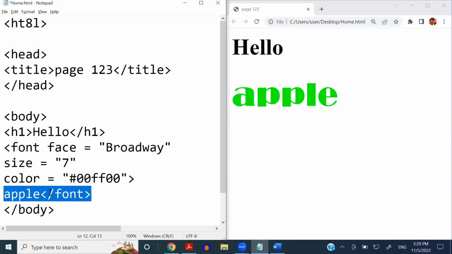People, are we clear about the font tag and these three attributes, font face, size, and color? Is it clear? Yes, everyone, is that clear? Okay,